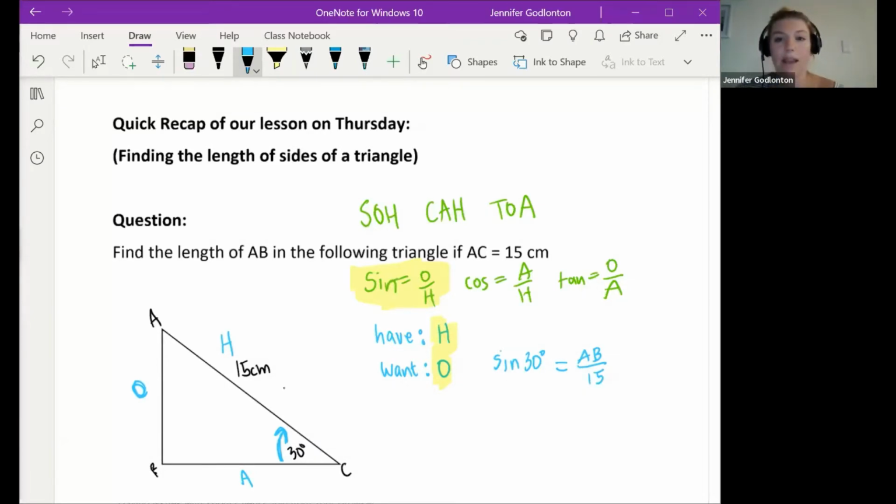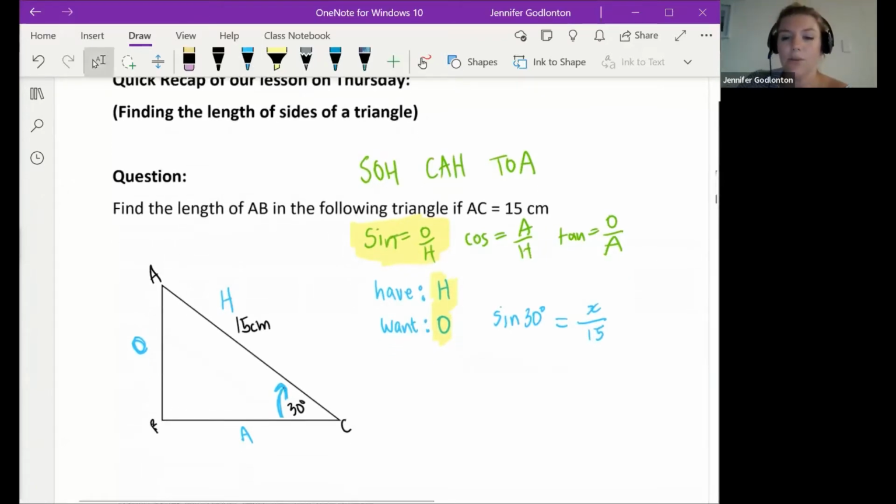Now we're going to think of it like an equation. Remember, some of you found it easier to write X instead of writing AB. You're absolutely able to do that. If we're looking for that, we can call that X. Do whatever you find easier, as long as in your final answer you say AB is equal to. So from here, I'm wanting to find X or AB, depending on what you've written,